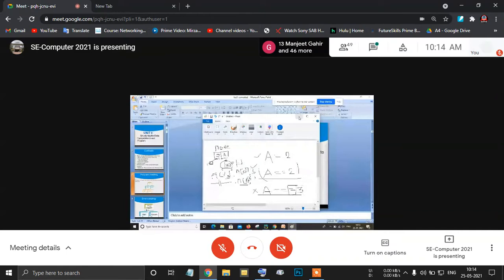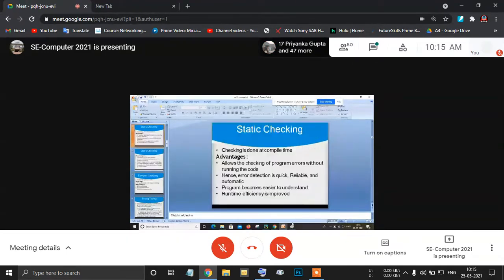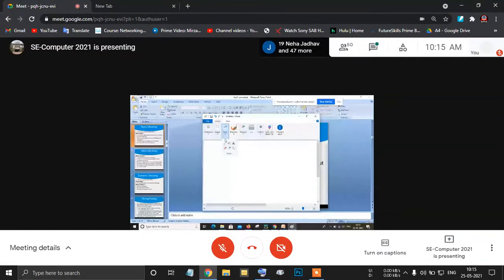And now, what are the advantages of doing this syntax static checking? If I do not do static checking initially, what will happen? For example, for static checking, if I write a statement, integer a equal to, like this,